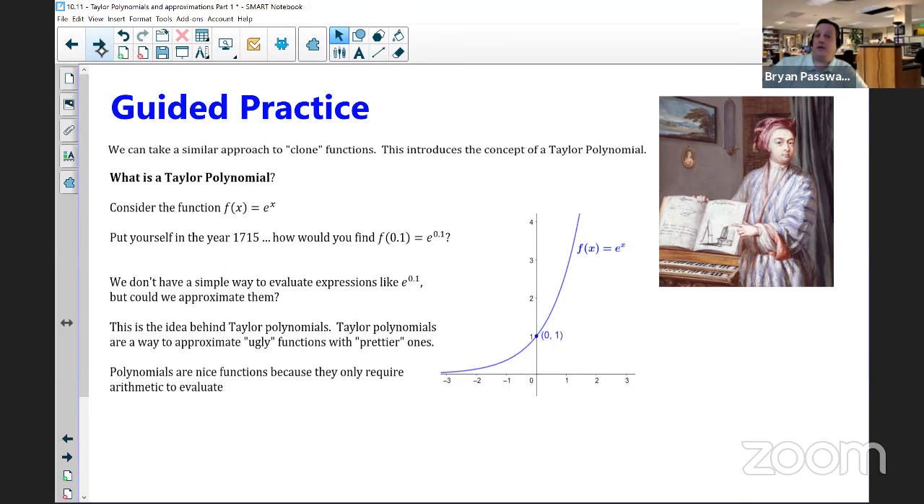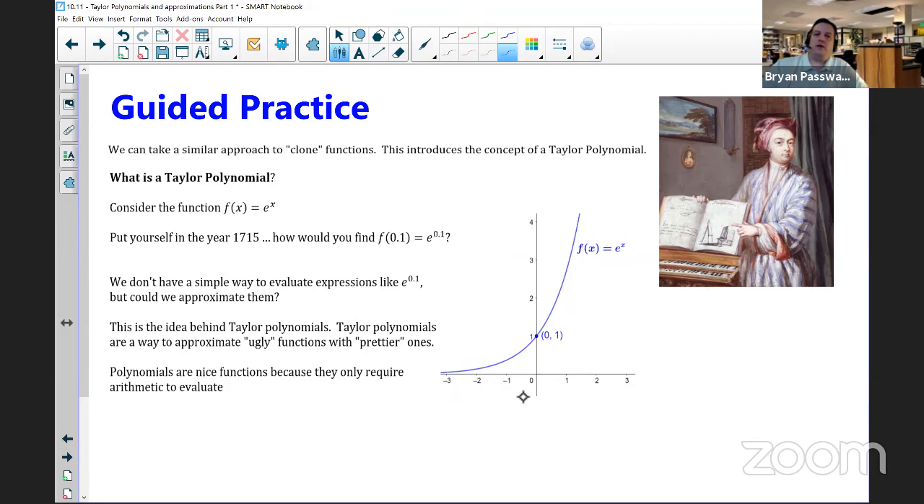So what is a Taylor polynomial? It's a pretty important word, but what exactly is it? Well, let's consider the function f of x equals e to the x, and I included a nice little graph of e to the x right here on the screen. Well, imagine it's the year 1715. Why the year 1715? Because that's the year that Brook Taylor, pictured here in the slide,